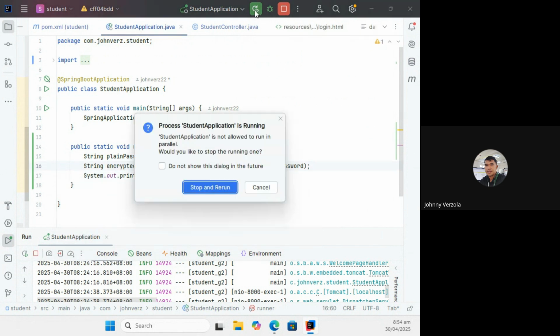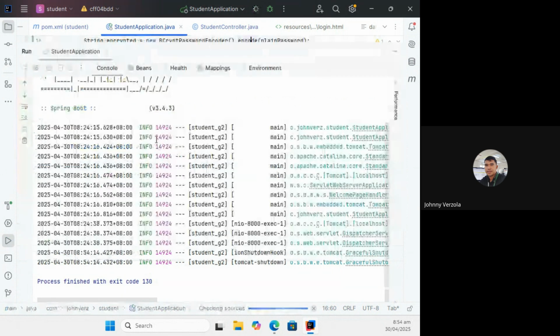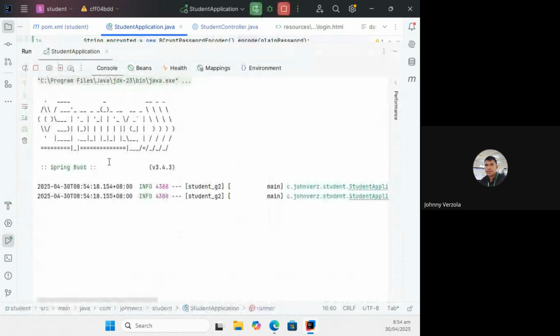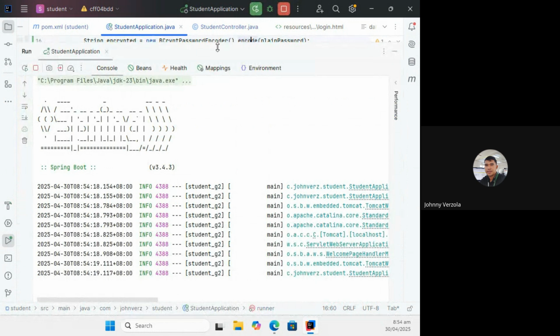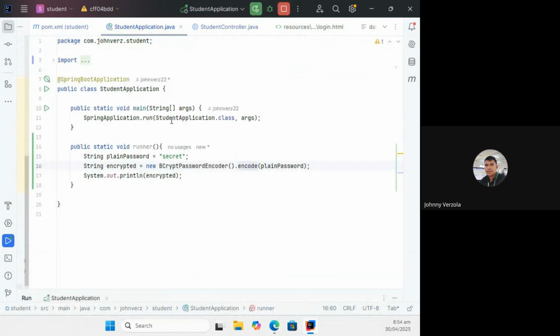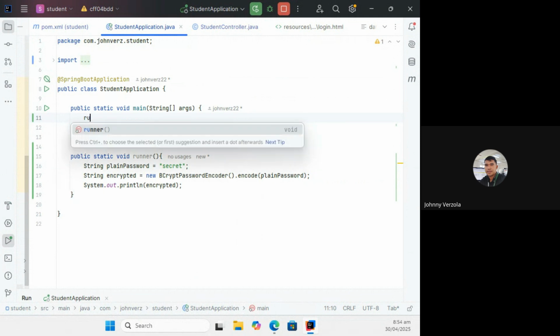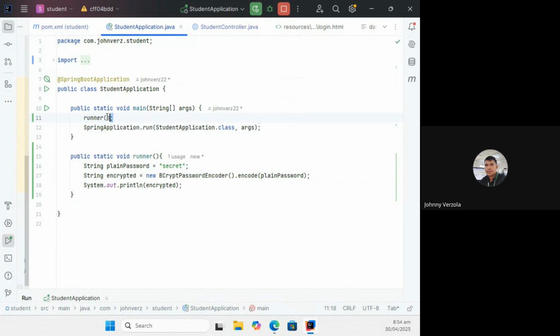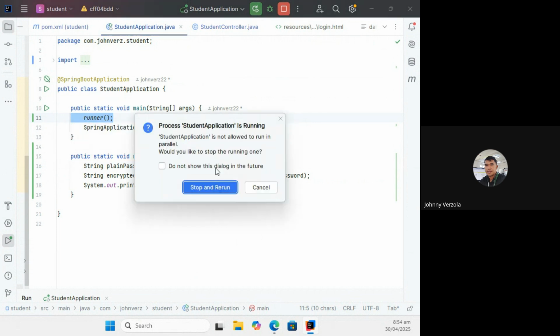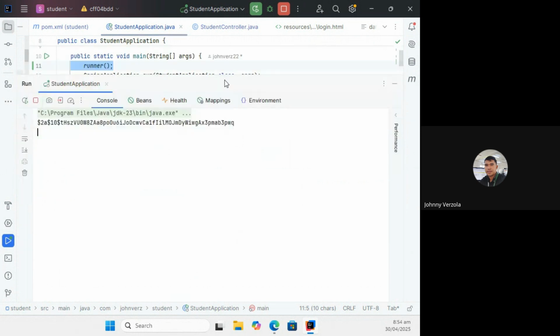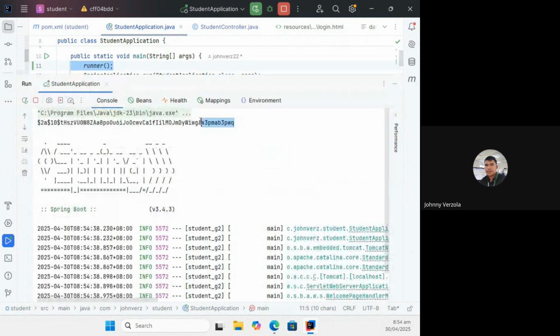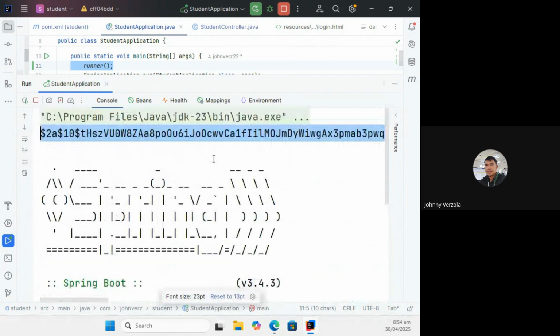Let me run this one. You will see it in here. Of course, I have to call it in the main method. I'm sorry. We did not see any result because I did not call it. Kikita niyo dyan yung password yun, no? This is an encrypted form of the secret string. Who can guess that? What could this be? Diba? Ano kaya ibig sabihin yan?